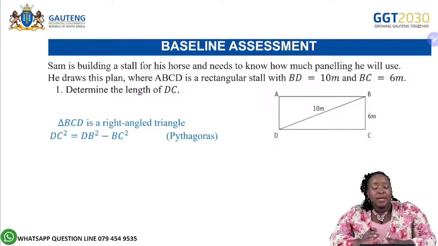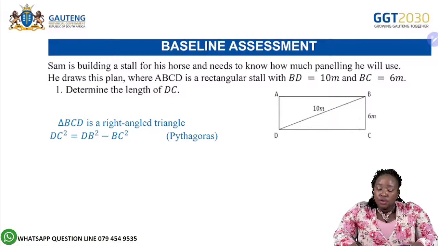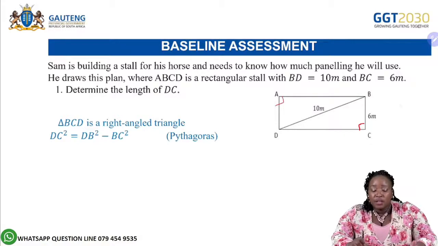It says Sam is building a store for his horse and needs to know how much paneling he will use. He draws this plan where ABCD is a rectangular store with BD is equal to 10 meters and BC is equal to 6 meters. Now, when you read the part about it being a rectangular store, you would obviously remember that the angles, the corners of each of these are 90 degrees, right? So that means the side you are looking for, DC, all right, can be found using the theorem of Pythagoras,